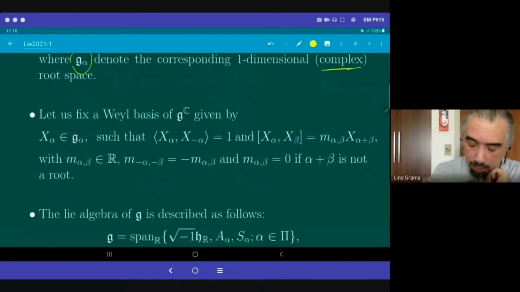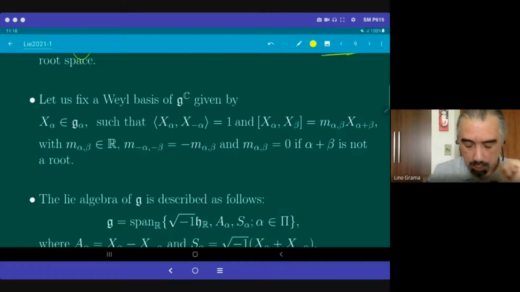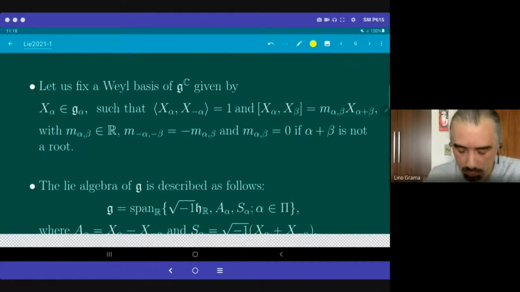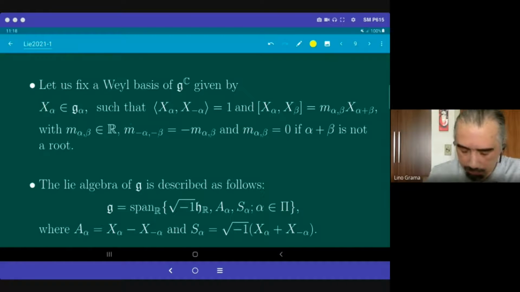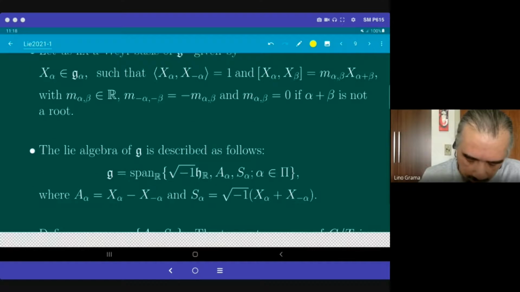We fix a Weyl basis of g^C. This is a distinguished element in each one-dimensional space g_alpha. It satisfies this property with the, sorry, this bracket here is the Cartan-Killing form of the complex Lie algebra. Okay, and